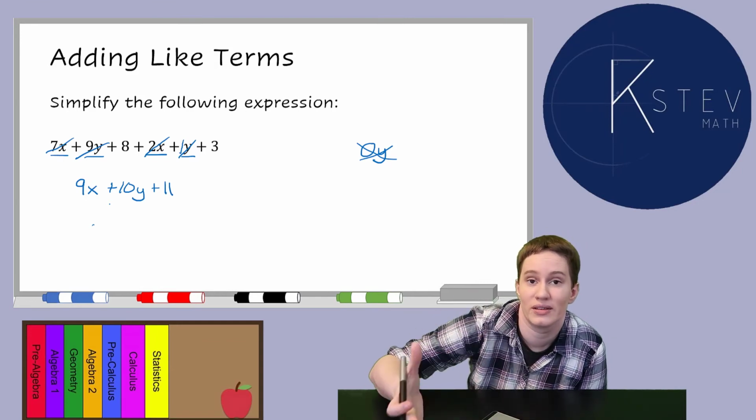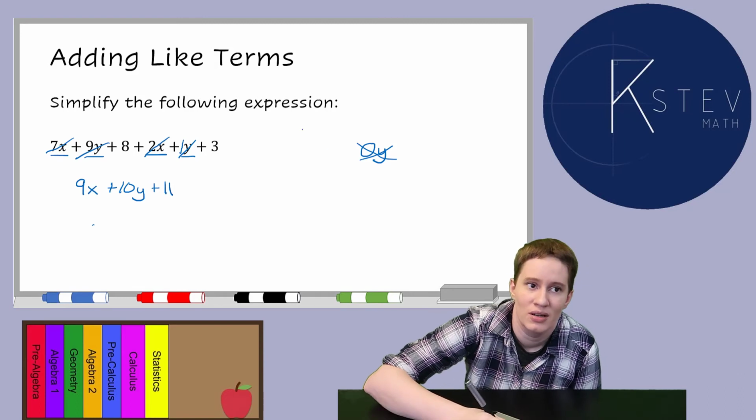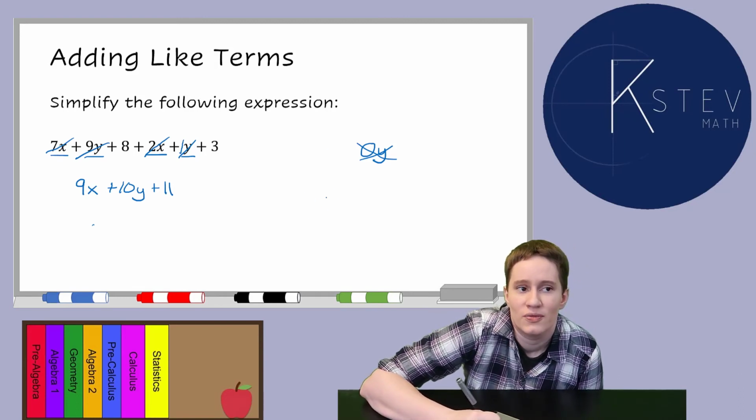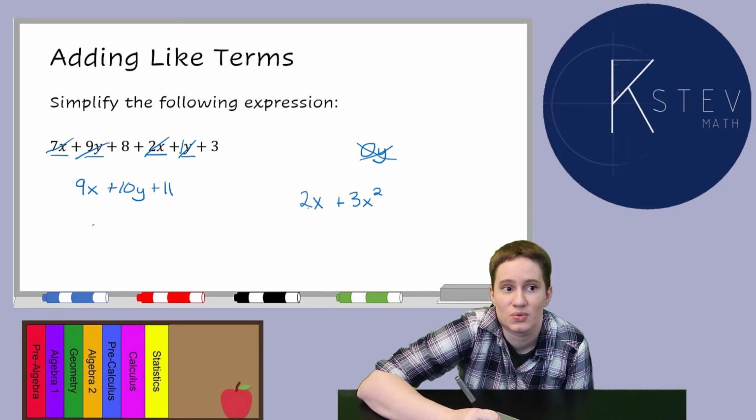I'm also going to throw this out there, although I'm not sure how much it happens in pre-algebra because it's a little more tricky. If you were to see 2x plus 3x squared, right? This 2 right here means squared. Those actually are different as well, because if we knew what x was, let's say we knew that x was 5,